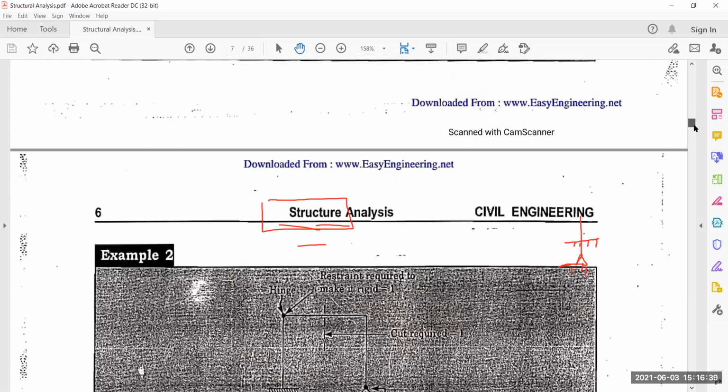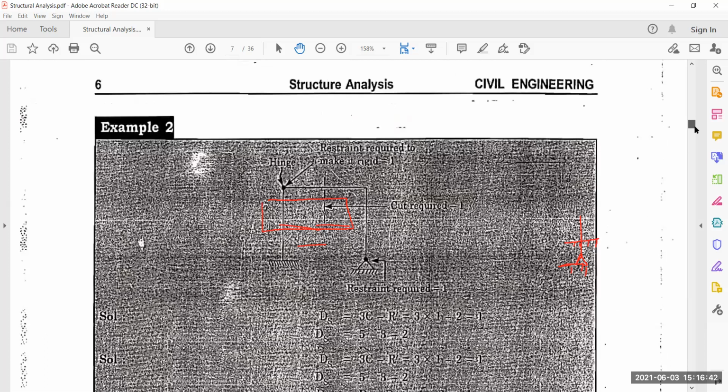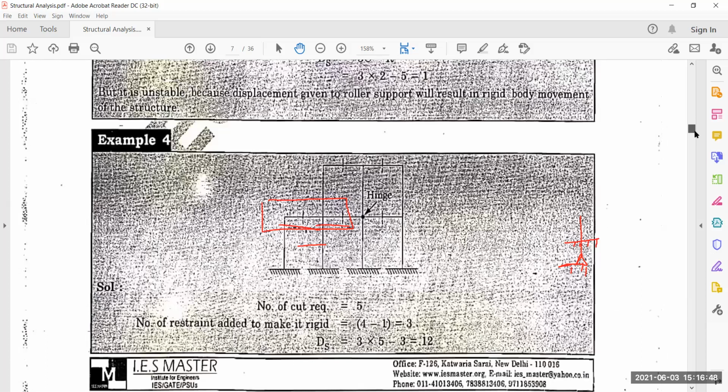Just wait, I will give you all certain problems. You all note down these problems and solve them from your side. First question is this. You all find